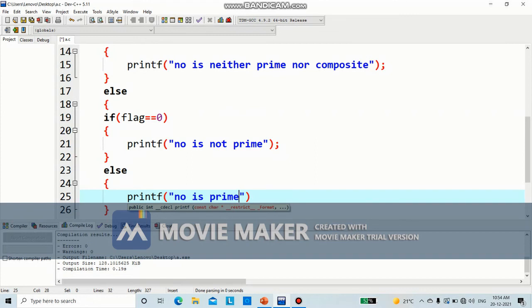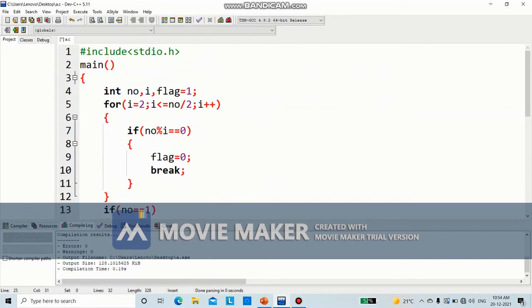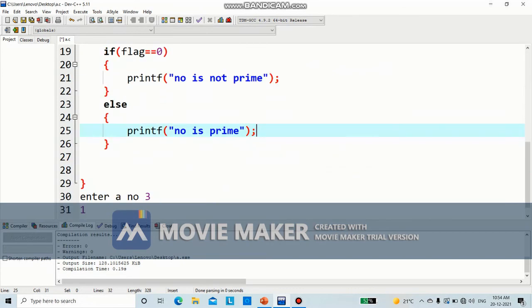When will the number be prime? If flag is not equal to 0. So if we don't find any value of I for which the number is divisible, then obviously flag will remain 1 because we have initialized it as 1. So at that time, the number is prime. So we will have to close this loop, one more loop.